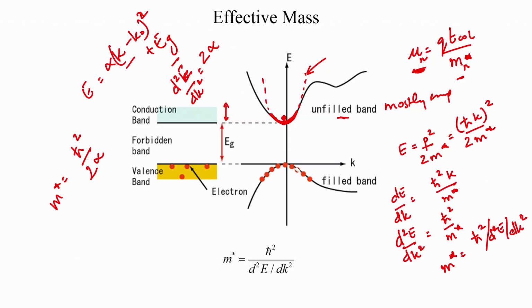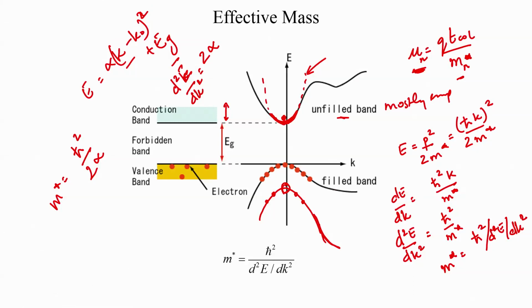Now, note what happens in the valence bands. What is important in the valence bands is that you have holes that are the charge carriers. So, let us say you have empty states in the valence band. Let us say we have a hole here. Now, let us for a second imagine